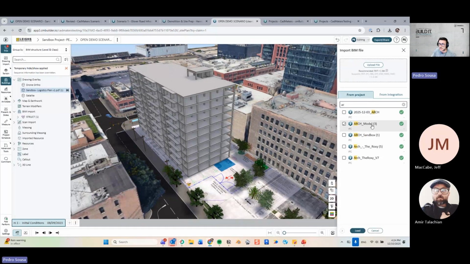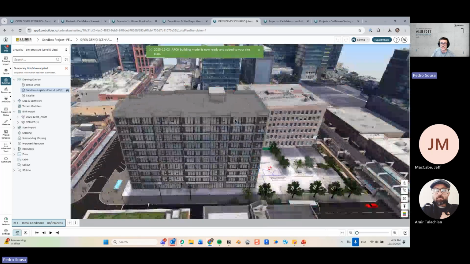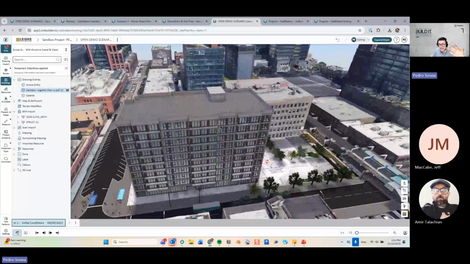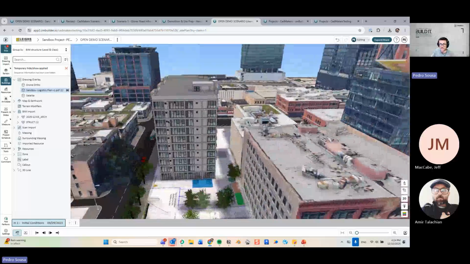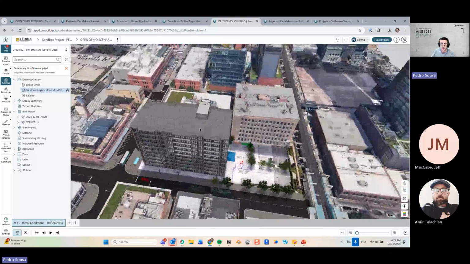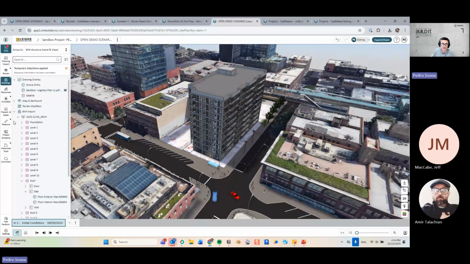I believe this is the one that I want to use. So when I bring that architecture model, it shows up at the same location of my structural model. So I don't need to position it again manually, right? But if these models are geolocated, they'll show up in the right spot anyways, right? So now that I have the drawing in the right location, my model in the right location,